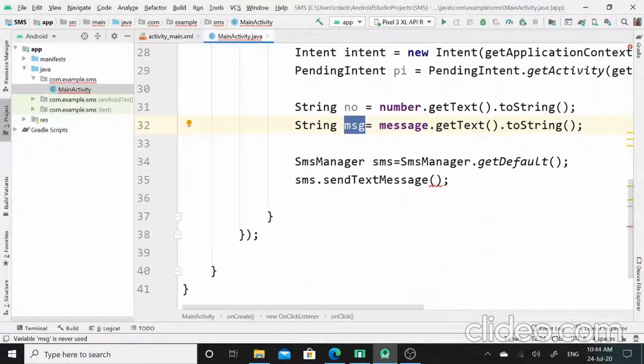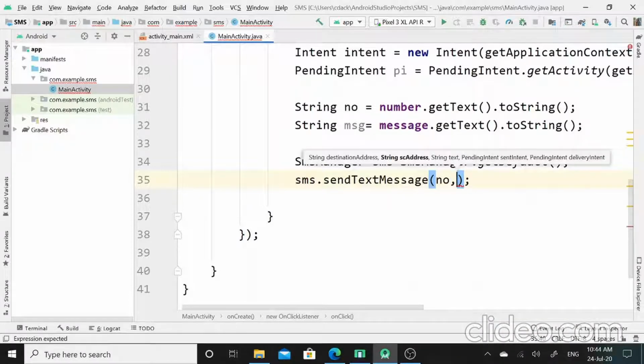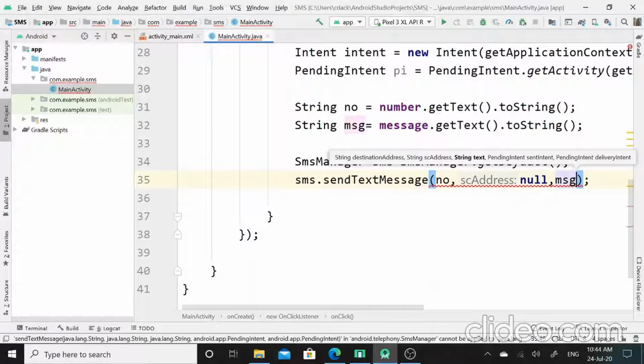And now in this send text message method I will assign 4 arguments. First argument is the user contact number, second argument is null, third argument is the user's message. So for that I will call the msg variable over here.